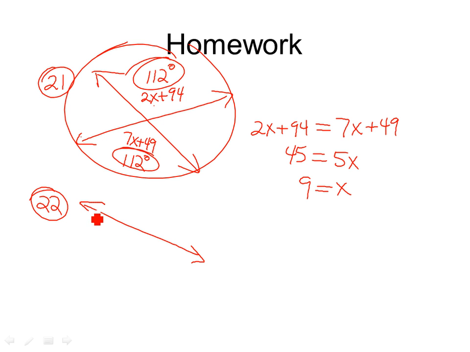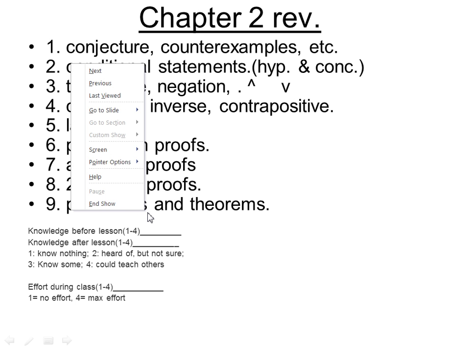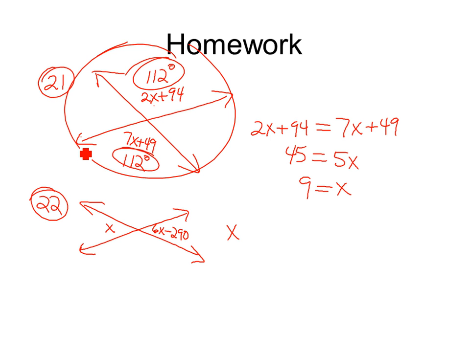Watch on this one. Guaranteed a bunch of you. If I put this one on a test, and I enjoy putting ones like this on tests because I know everybody can't do the algebra. 6x minus 290. What equation am I going to set up there? X equals 6. That's the wrong equation. Equals what? 6x minus